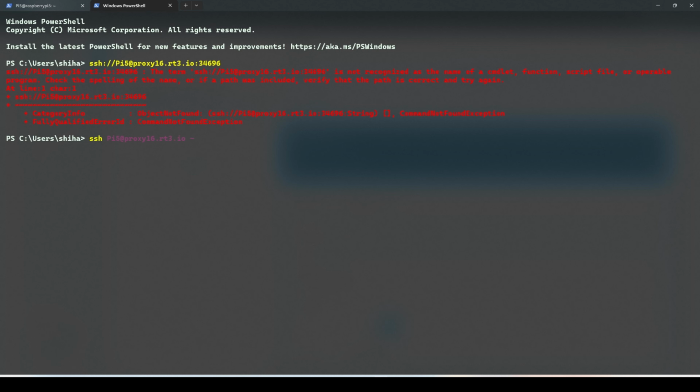Now this is the one I'm going to change, right? We remove the colon and double slash, and we put ssh directly, this, and dash p. So this tells SSH to connect to the